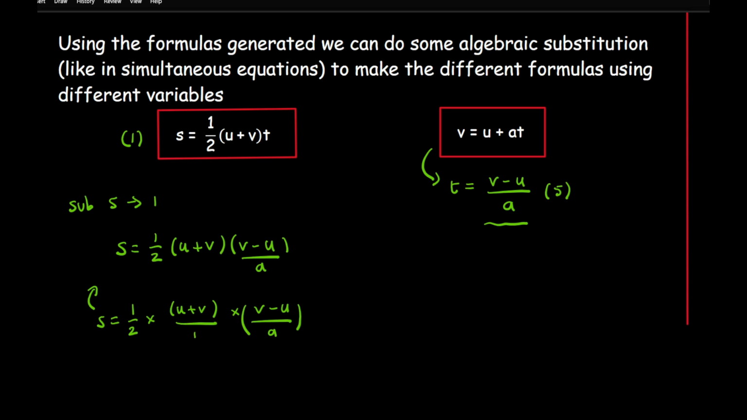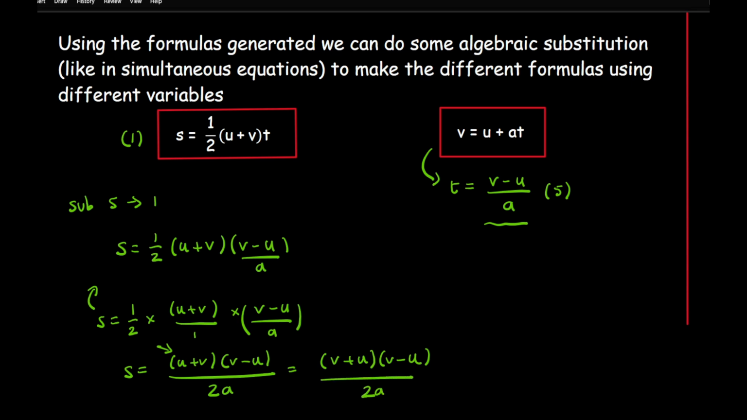Then to multiply fractions, all I do is multiply the numerators together and multiply the denominators together. So here what I've got is s equals 1 times (u plus v) multiplied by (v minus u) over 2a. Now if I just switch the two variables around, then what I get is (v plus u)(v minus u) over 2a. One thing you should be able to notice about these two brackets is that it's a difference of two squares. So from this, I can simplify this as (v squared minus u squared) over 2a,